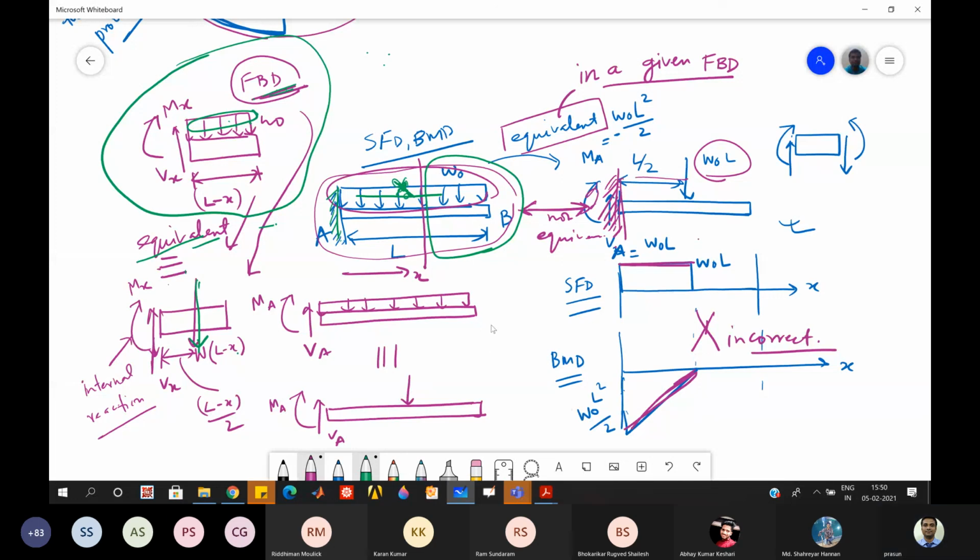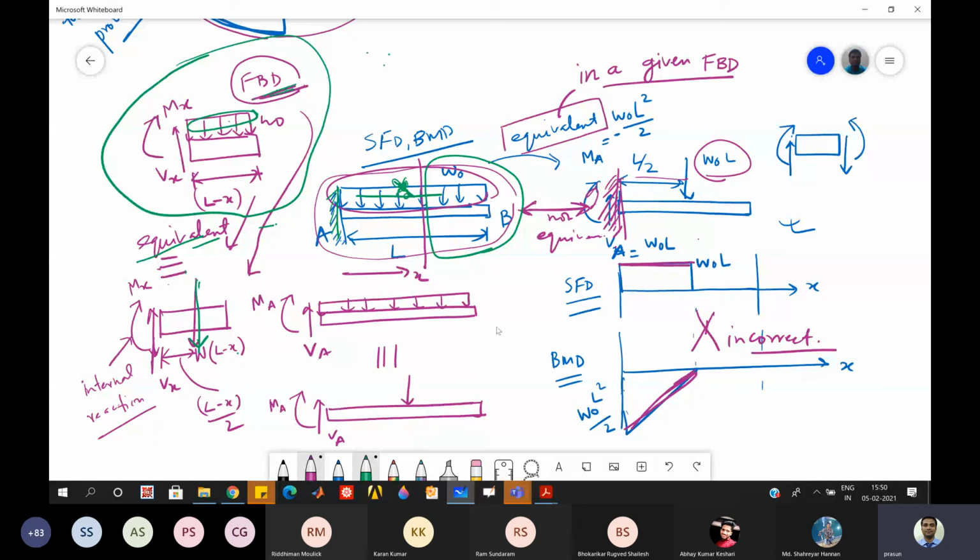So after drawing the free body diagram, you are making the body free from surroundings, and that's why you have to put equivalent reaction forces at the external supports from where you are removing that particular component. Once you are doing that, you have a free body diagram. After that, you can